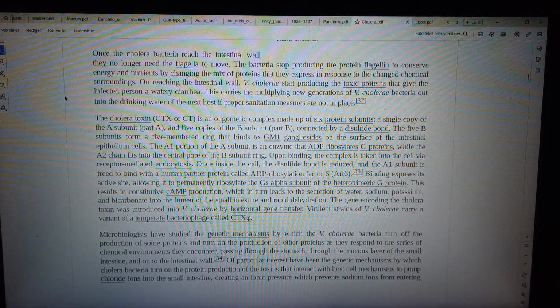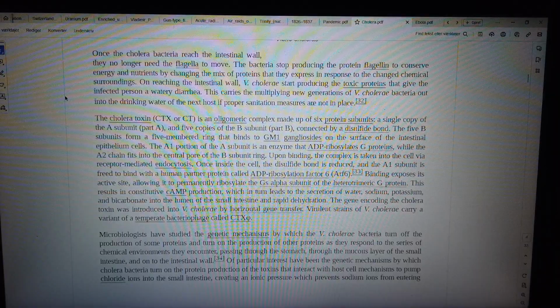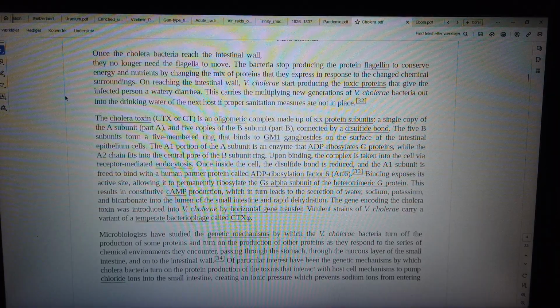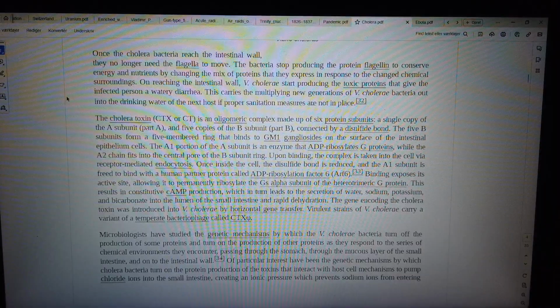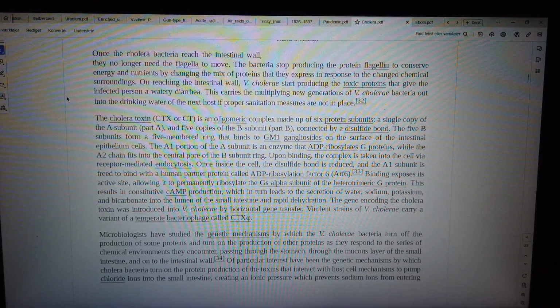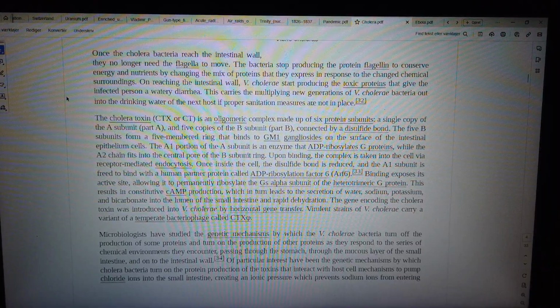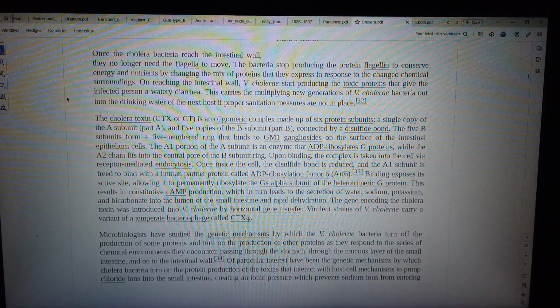Microbiologists have studied the genetic mechanisms by which the V. cholerae bacteria turn off the production of some proteins and turn on the production of other proteins as they respond to the series of chemical environments they encounter, passing through the stomach, through the mucous layer of the small intestine, and onto the intestinal wall. 34. Of particular interest have been the genetic mechanisms by which cholera bacteria turn on the protein production of the